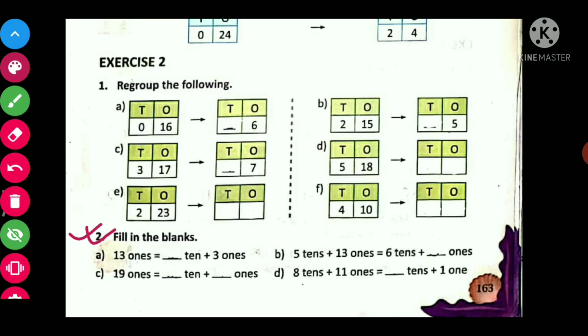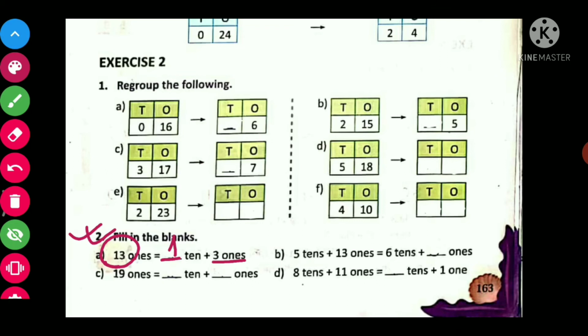So 13 ones. How can you separate these 13 ones, because we can't write 13, two digits, in ones place? Suppose 13 leaves are there. How can you separate these leaves? We'll collect 10 leaves and place it in the tens place value. So if I collect 10 from 13, 3 will remain in the ones place. And how many bundles can we make in the tens place? Only one bundle. So 1 we will place here.